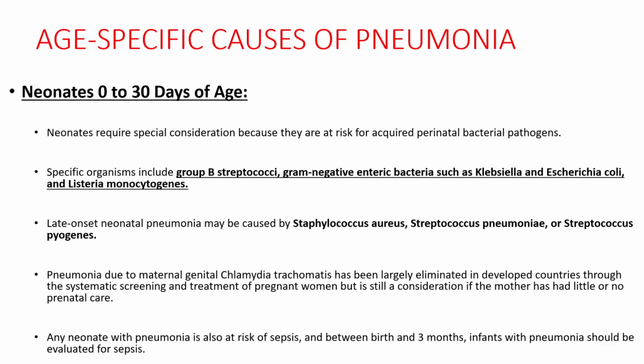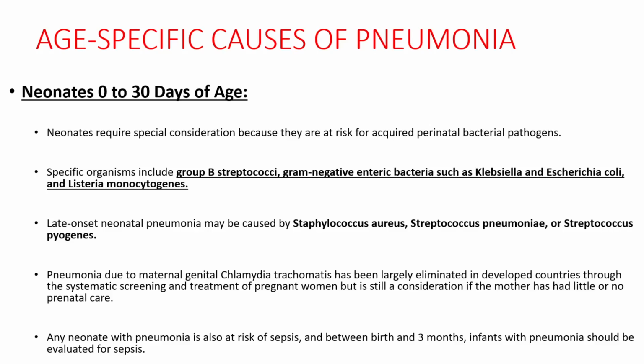coli, and Listeria. And if we consider late onset neonatal pneumonia, it may be acquired from environmental organisms, as neonates are surrounded by various pathogens. The most commonly seen are Staph aureus, Strep pneumoniae, and Strep pyogenes. And pneumonia due to maternal genital Chlamydia trachomatis has been largely eliminated in developed countries, but is